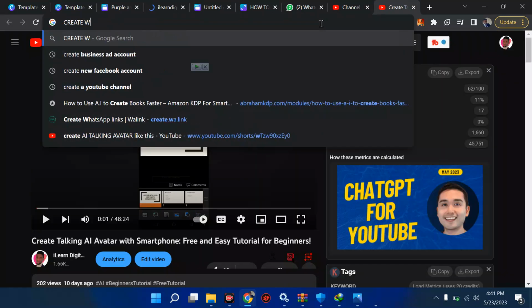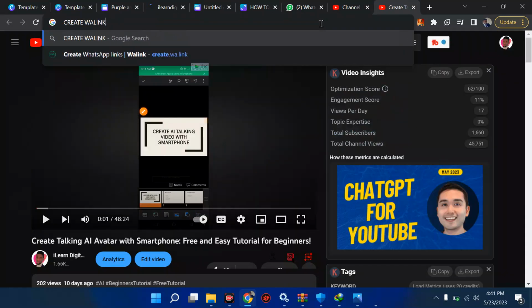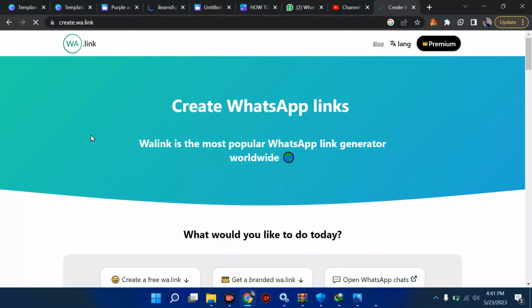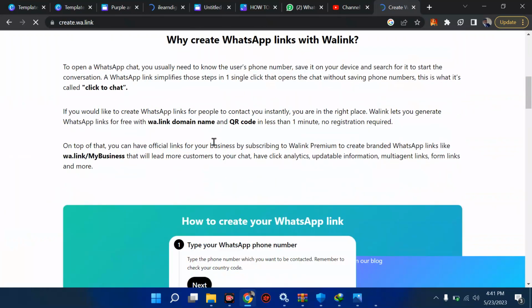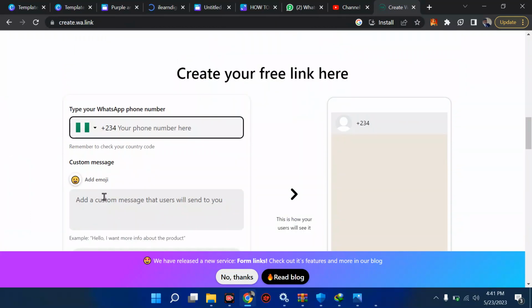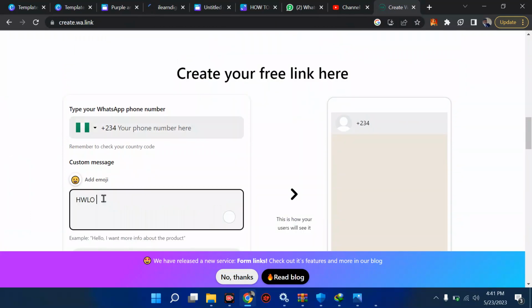Go straight to this place, search for create wa.me link. Sorry, I went off. So this is create wa.me link. When it opens, this is a custom link. You can move on to this place. You type in your phone number in this place. Then you put in your message and say hello. You can just put anything there. Hello, please,